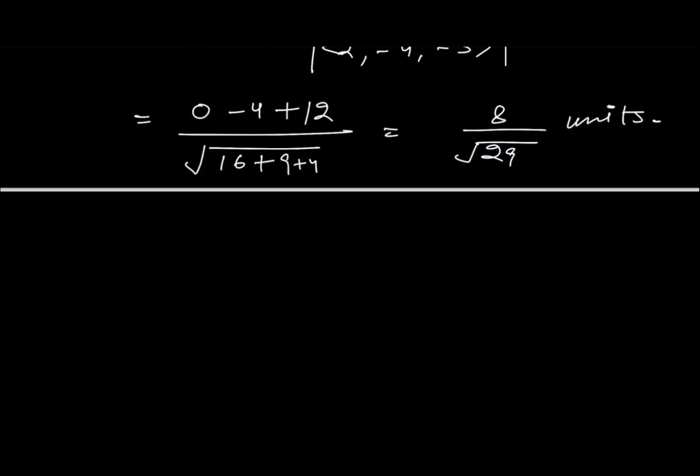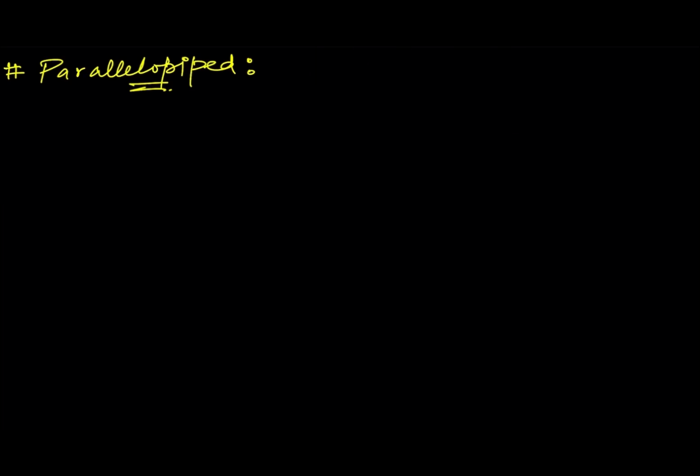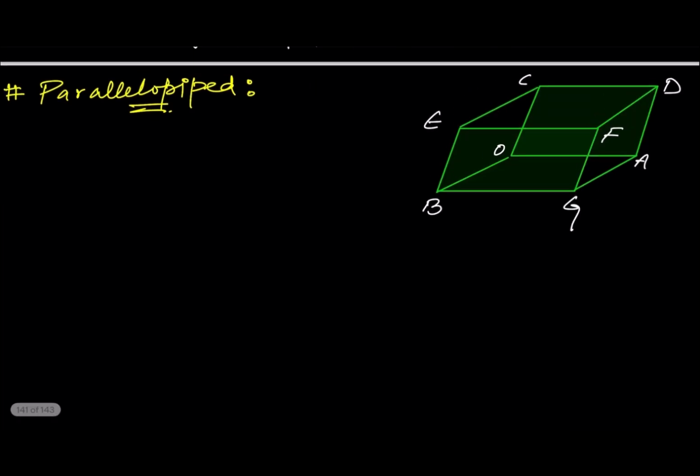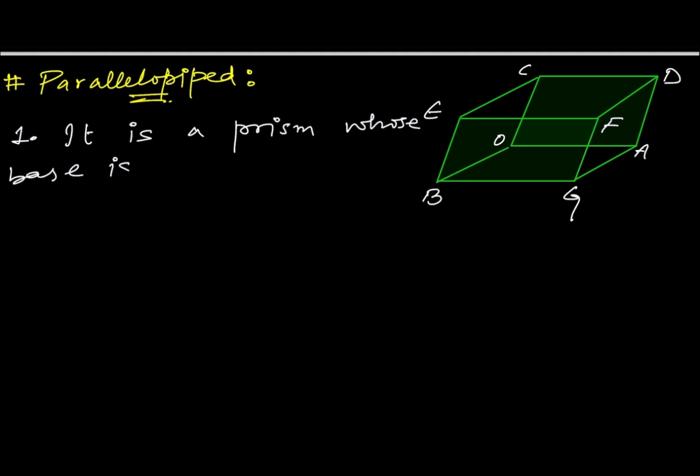Now let us come to the next topic, that is parallelepipeds and tetrahedrons. So write down the heading parallelepiped. Let us make a parallelepiped first. So figure, it is a parallelepiped. In this we have to make some points. Point 1: it is a prism whose base is a parallelogram. Point number 2, it has